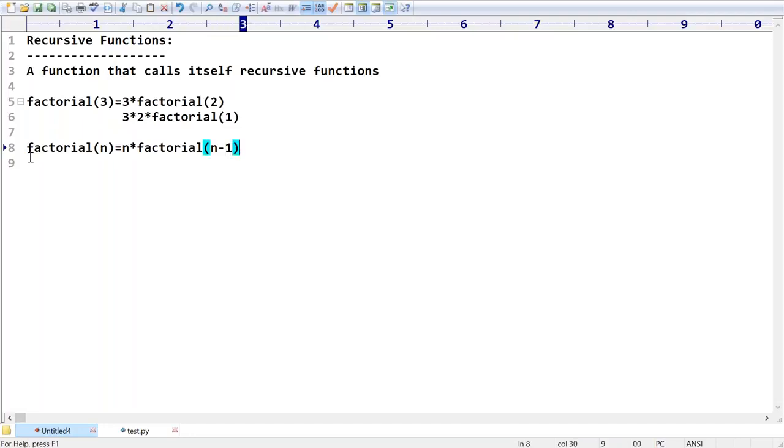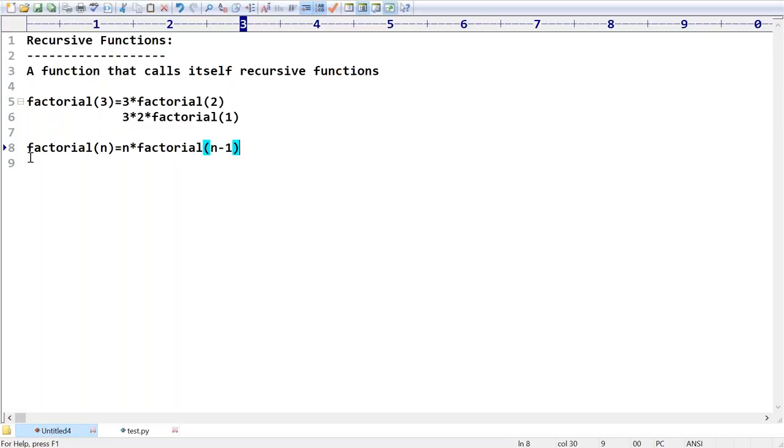If you keep on repeating like this until n is equal to 0, then we are going to get the factorial of n value, right?